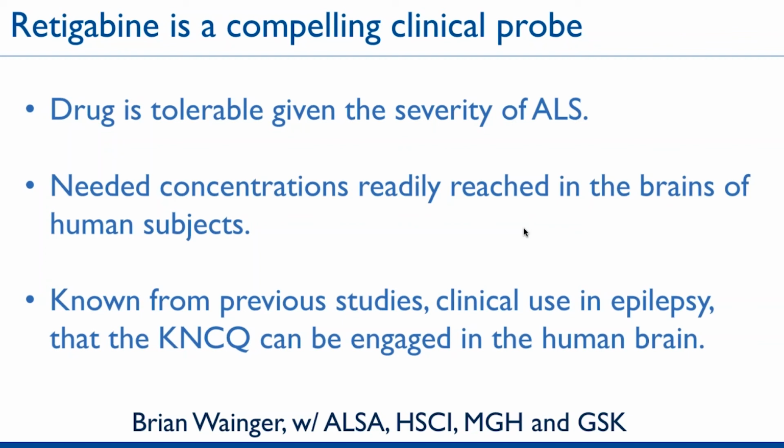And I think a logical question that a lot of people ask is, why not do an animal study first? And as we thought about it, the answer to that question is that we did not feel that the animal study at that time in SOD1 A4V alone could provide the pivotal information that we needed to make a broader decision about ALS and retigabine. And in fact, the cell culture experiments had already gone far beyond what we could hope to pursue in SOD1 A4V mice at that time.